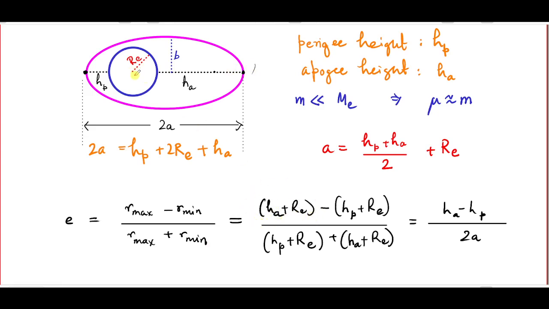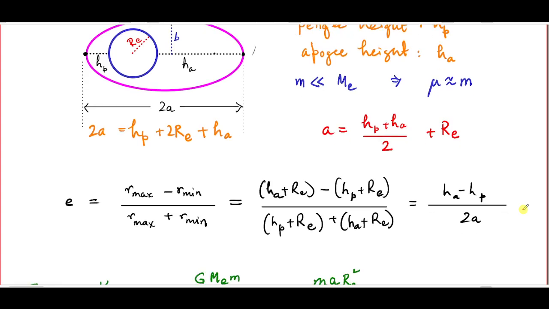And the minimum distance is HP, the perigee height, plus RE. So the numerator simply becomes HA minus HP, whereas the denominator, this sum, is nothing but twice A. So using HA and HP, we can easily calculate what the eccentricity of the orbit is supposed to be. Now, the important issue is how much energy would you require to launch such a satellite from the surface of